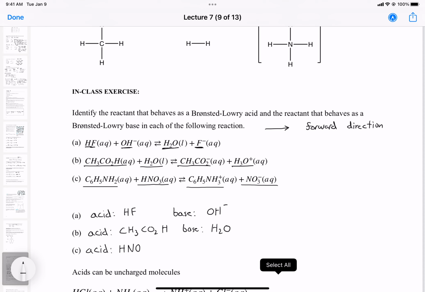So you can't just memorize where the location of these molecules are in the reaction. There's no real rule for how we ordered them. So you can't rely on memorizing the placement in the acid-base reaction. Just look at the molecule that's losing a proton, going from left to right. That's going to be your acid. And your base is the compound that gains a proton from left to right. In this case, it's going to be